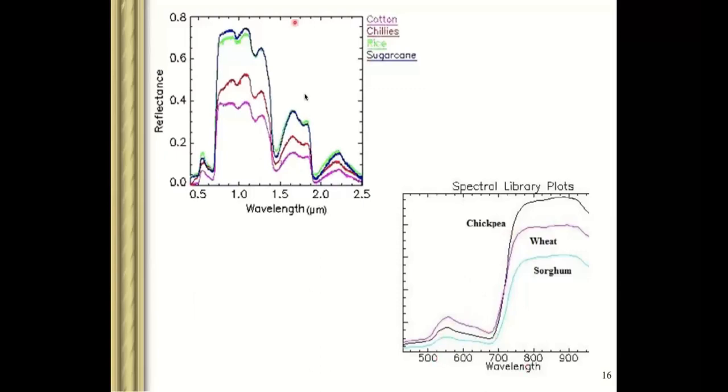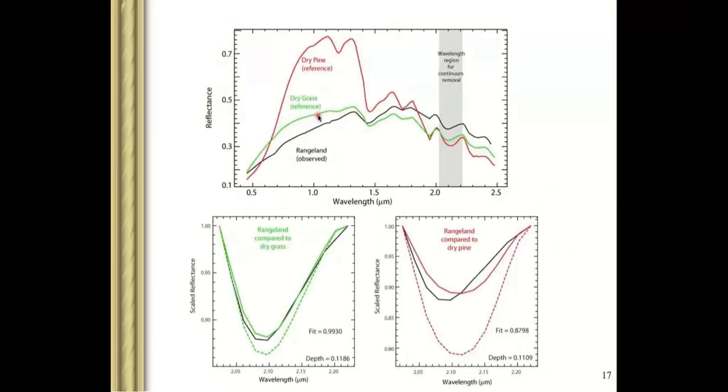So here you can see that we have dry pine. We take a pine tree reflection in the Himalayan region. We have some grasses over there, and then we have some rangeland over there. And then we plotted all the crops. If you see the dry pine, dry grass, and rangeland, all are having differences. Here there is some absorption occurring. Here we are not getting very clear absorption bands. In this case, there is some here, but we don't have much absorption over here. But here you can see there is some absorption in that area. So we choose this wavelength for continuum removal.